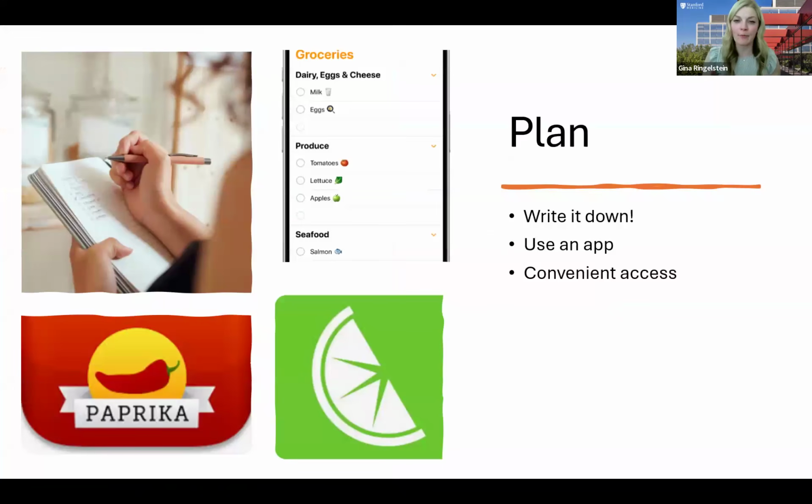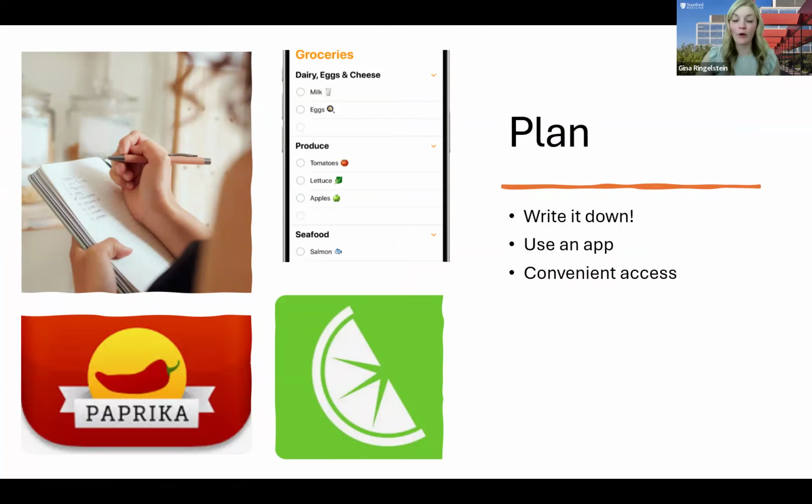Now, thinking a little bit more in depth with the planning, as you're thinking about all of these different options for your meal plan for the week, we want to have something tangible. So, what I often say is write it down. We have all these things in our brain all the time, so it might be easy to forget that I already planned something for the night of soccer practice pickup, and that might help prevent me from stopping for something quick on the way home.